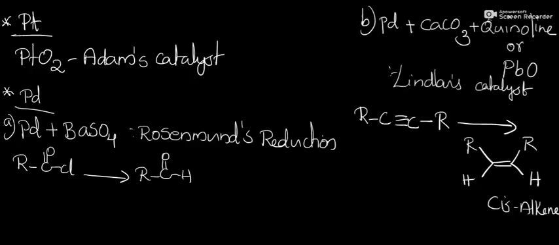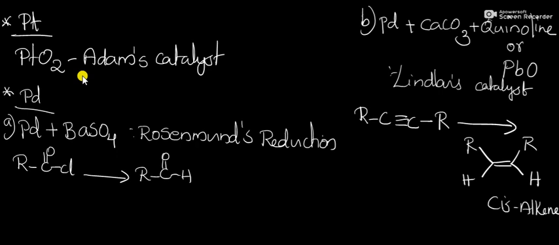First, we have to discuss platinum. Platinum is mainly used in the form of its oxide called Adams catalyst, that is platinum dioxide. Solvents used for this catalyst are acetic acid, ethanol, water, etc. And the main application of platinum dioxide is for the hydrogenation of olefin, nitrile group and azo compound.